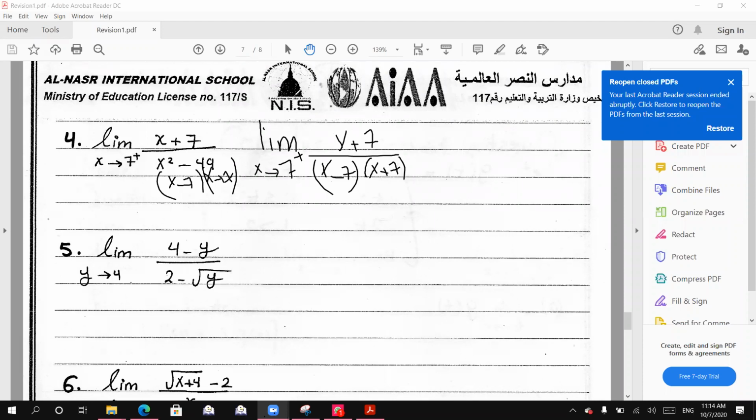So now here, I have x plus 7 over x minus 7 times x plus 7. Then after that, I will simplify them. I have only the limit of 1 over x minus 7 when x approaches 7 from the right. Now, if you have this function, you have to check